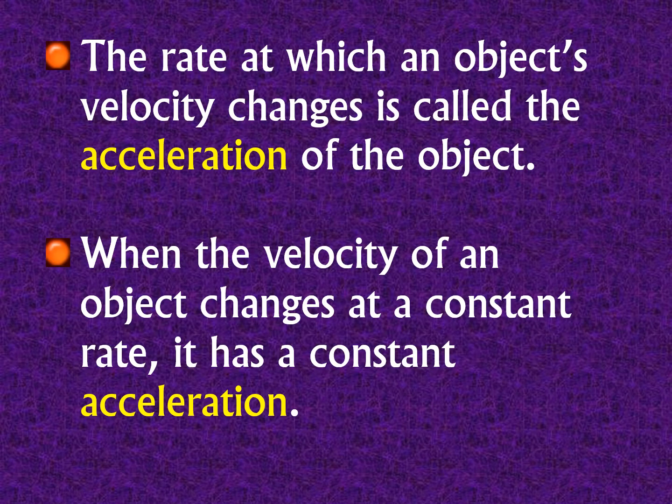So the rate at which an object's velocity changes is called the acceleration of the object. When the velocity of an object changes at a constant rate, then it has a constant acceleration. Those are the easiest ones to deal with, just like constant velocities were much easier to deal with than changing velocities. This is going to be a little trickier. So constant acceleration is the one we're going to deal with for the most part.